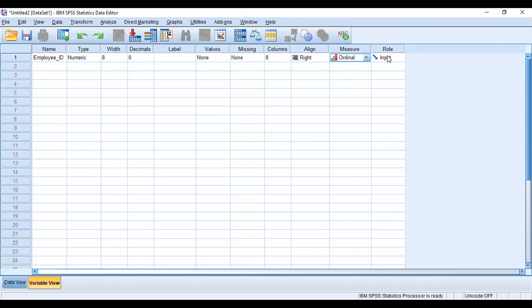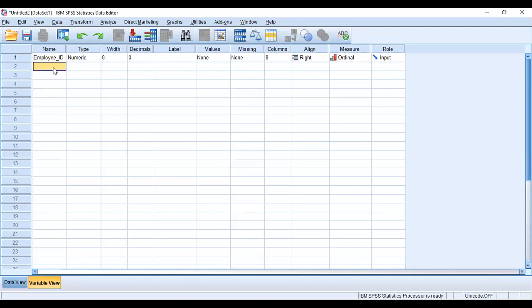Then what type of variable is it? Whether it is input, target, or input and target both, or none. Partition split. Which type of variable? Normally, for all variables we use it as an input. If we don't put input, we can't do a statistical test on it. Fine. So see the procedures in the question.